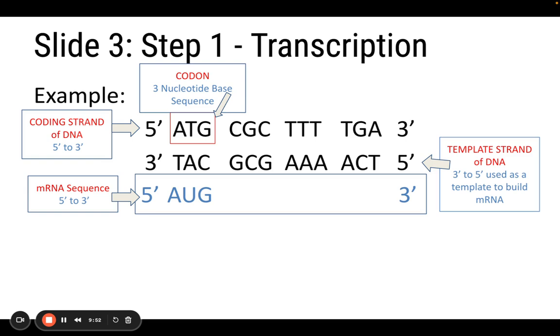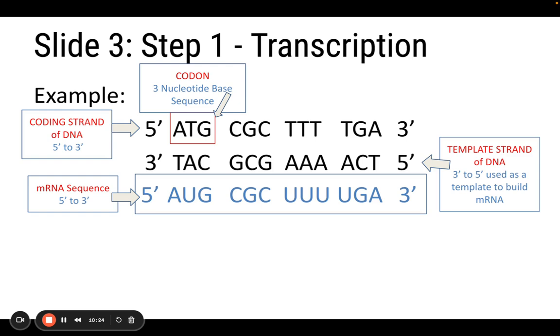Those are going to be your complementary bases, and your coding strand of DNA is almost identical to your messenger RNA with one exception. So you should see that in the next codon, but even if you didn't have the coding strand to look at, you would know that cytosine bonds to guanine. You've got guanine, then cytosine. Your next codon, you won't have any thymine, but you'll have uracil. And finally, you've got this last codon, UGA, which we'll later learn is going to be a stop codon for